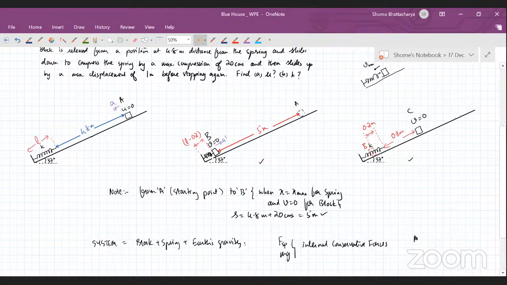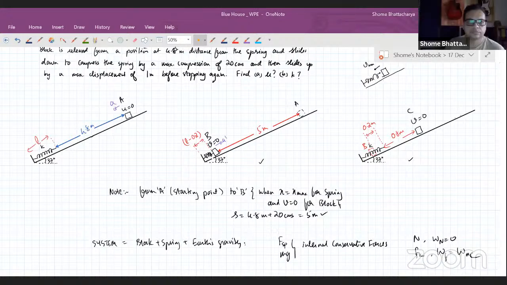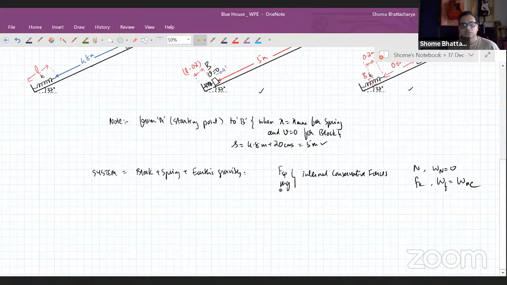Okay. Normal reaction is there, but work done by normal reaction will be 0. And kinetic friction is there, and work done by kinetic friction will be the work done by non-conservative force. So there is no work done by external force on the system, but there is work done by non-conservative force. So we will say that in general, the application of work energy theorem,